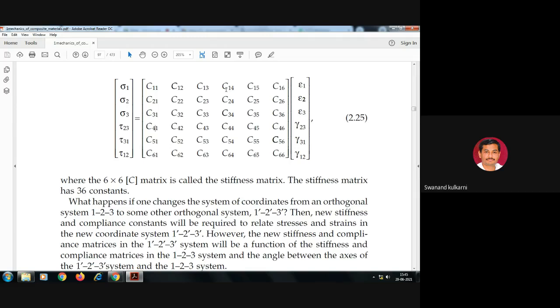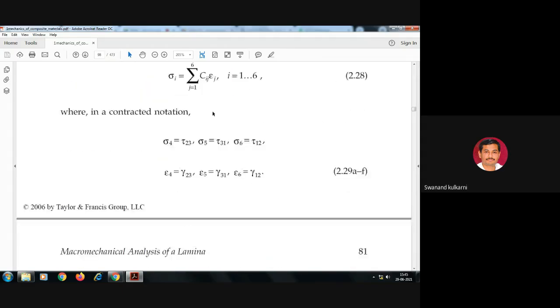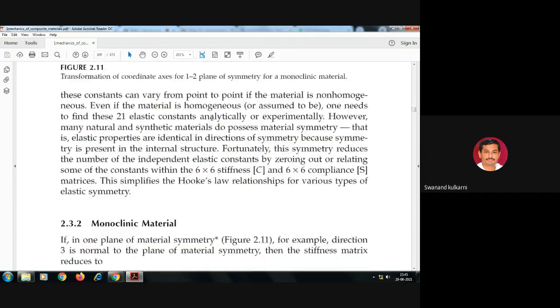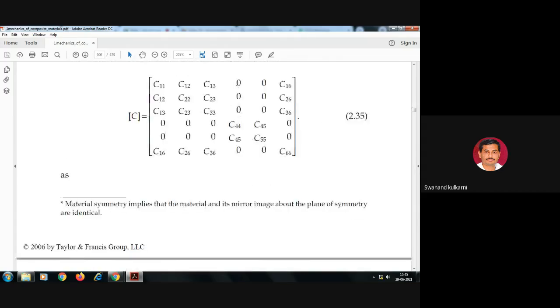What will be the middle parameter in between 1 and 4? 1 to 4, 1 to 5, like this 4 to 1 and 5 to 1. So these two parameters here, C14 and C15, likewise C41 and C51, if we take them into consideration, become 0 here. Likewise, C24, C25. So here, this is C14, this is C15, this is C24, C25, and then